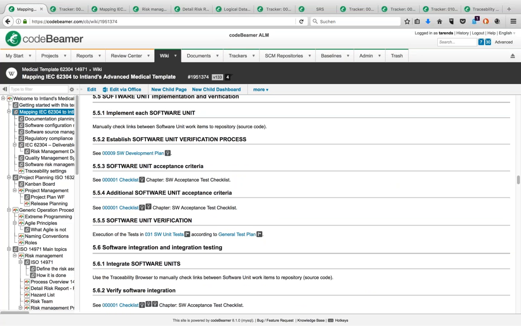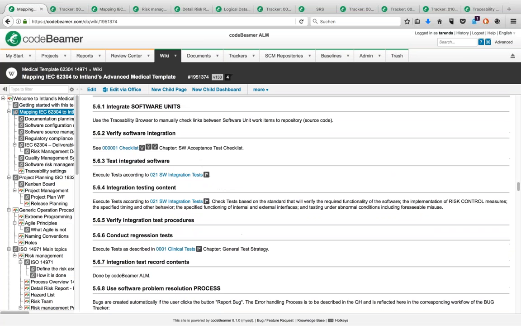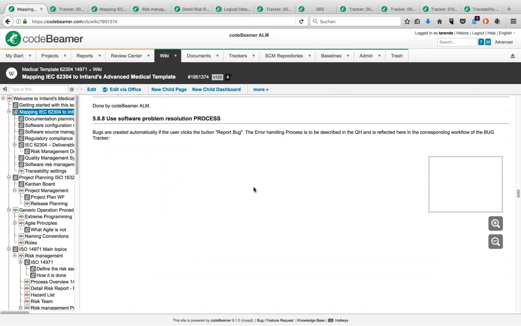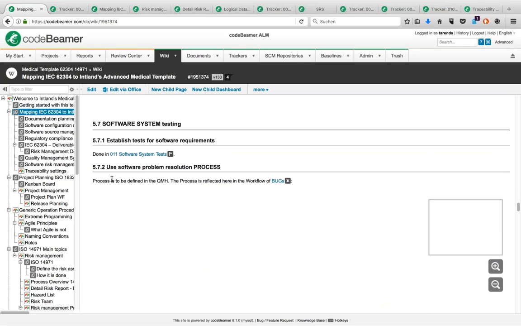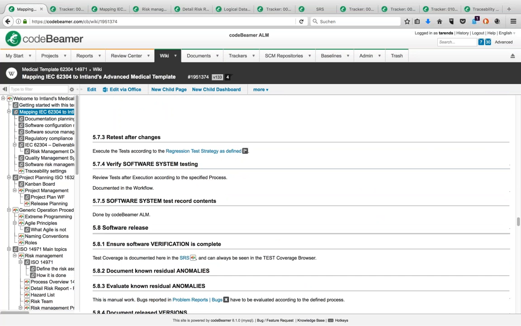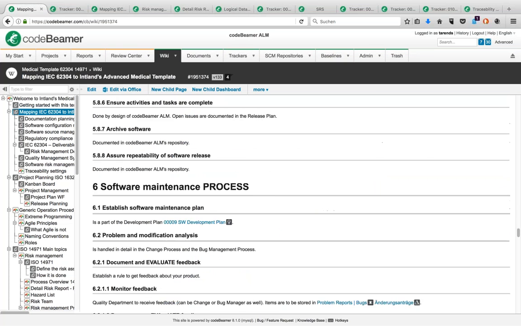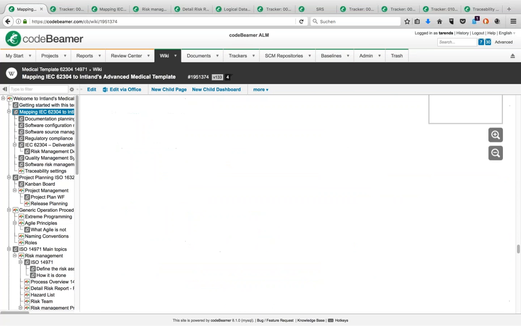You can put them even into the tracker itself if you want to. That would be an adaptation, but that's possible. The checklists, software integrations, and all the things you have inside can be shown here directly. How is the workflow? What are the things inside? The software system, how do you do that? How you handle the things. So all the items, and you see it's quite a long description inside here,